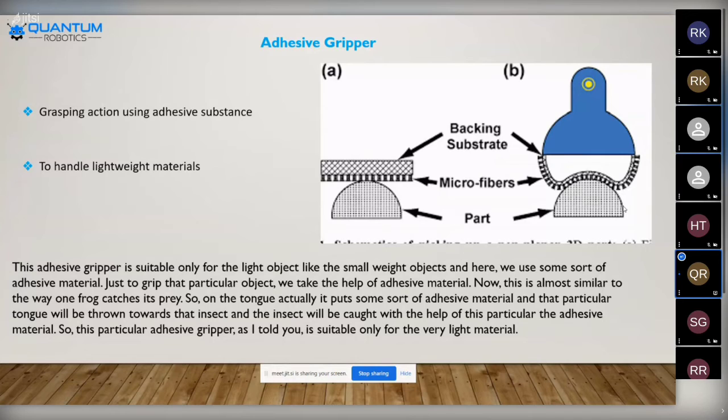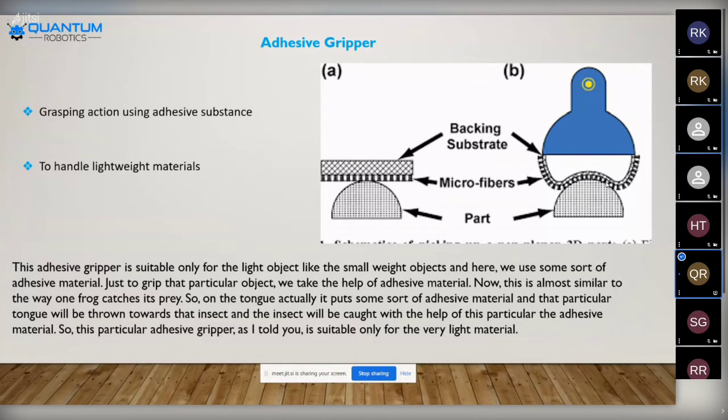Adhesive material means that the adjacent sides act on that particular object. Here you can see the gripping technology. It has a certain limitation: only from the middle part of the object can it grip that particular object.